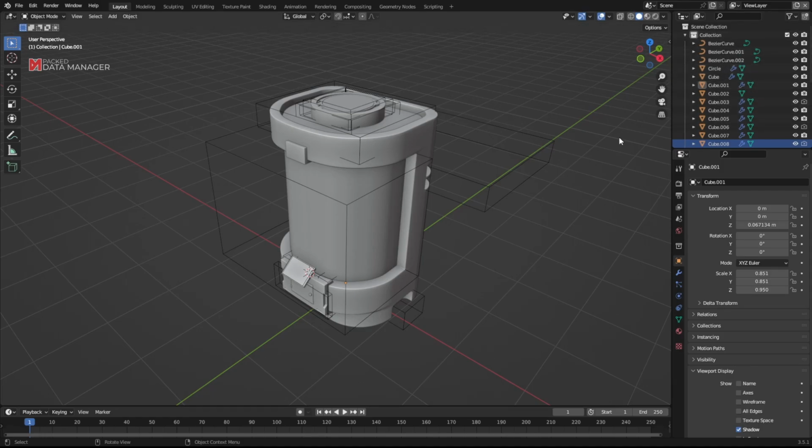What I'd like to do is move all my cutters into a separate collection and also rename them so that their names have a prefix indicating that they are a cutter. So how do we go about this in Vanilla Blender? First, we have to select all our cutters. We can do that either in the 3D viewport or in the outliner. In the outliner, we would have to go over every single object, click it, and see in the scene if it is a cutter or not. But I find it easier to select them in the 3D viewport.